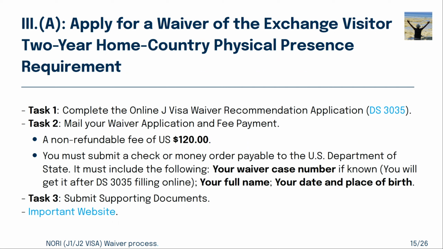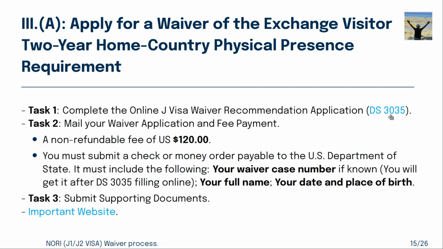Okay, so here, task one. First, you have to fill this form, DS3035. If you search on Google, you can simply find the link on the website, and then you have to fill this application, and then your case number will generate. You will get one number, and then you have to download that PDF. Make your waiver application and fee payment. Now, what you have to do,